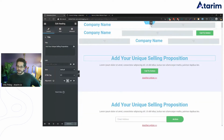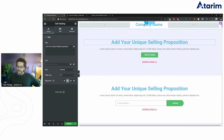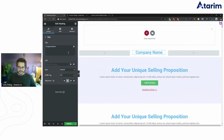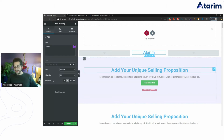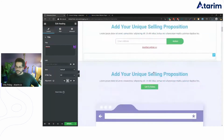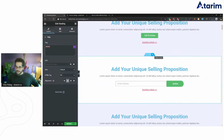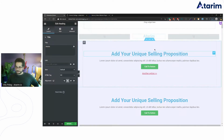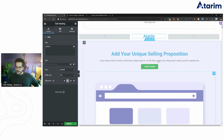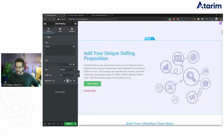So we have 3 types of headers here. I'm going to keep this one with the 2 menus on the sides, and I'm going to change this text to Atarim. That's the homepage that we're building, right? And then we have a few kind of hero sections. I'm going to keep this one for the example, and we'll drop these ones. Okay, so I'm going to keep this guy,